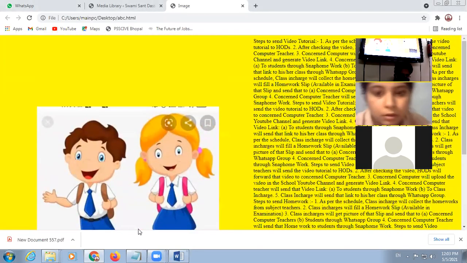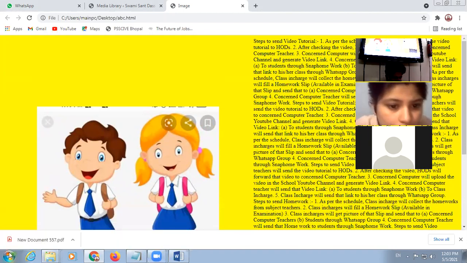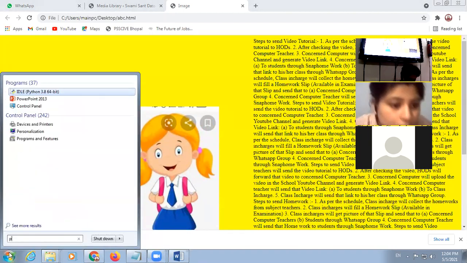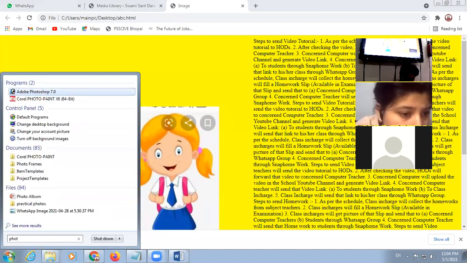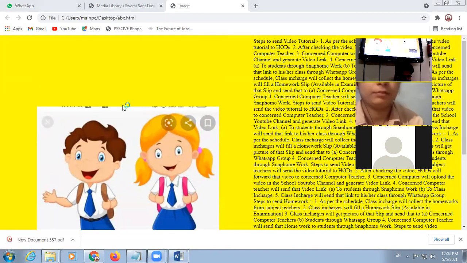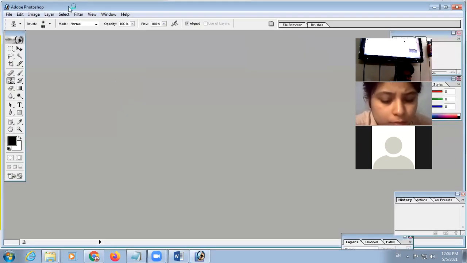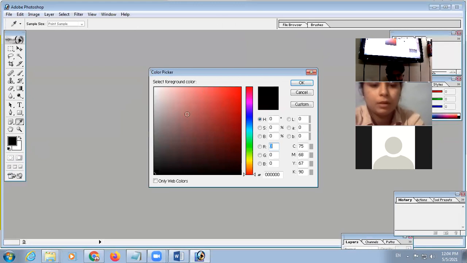So now I am going to use a color code in place of a color name. I am going to open Photoshop. So look at here, here is the foreground color. I double click on that. Here is the color mixture, so many color combinations are there.